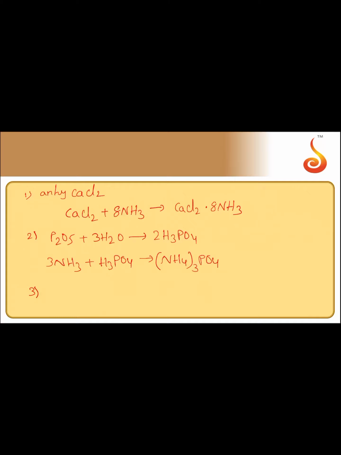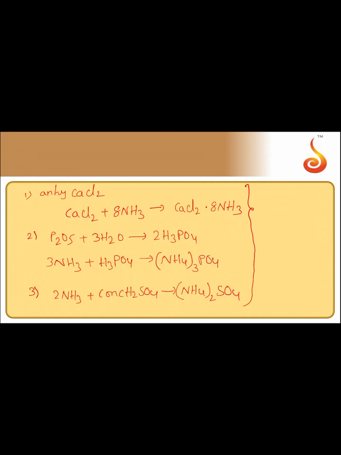Next, concentrated H2SO4 also will react with ammonia to form ammonium sulfate. NH3 plus concentrated H2SO4 will form ammonium sulfate. So because of this reason, anhydrous CaCl2, P4O10 or P2O5, and concentrated H2SO4 cannot be used to dry ammonia, but